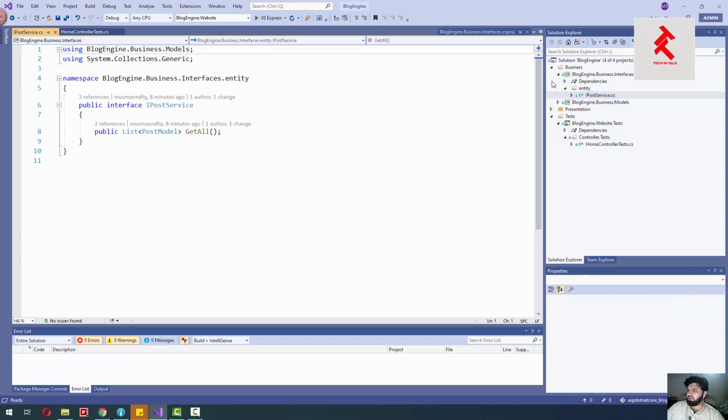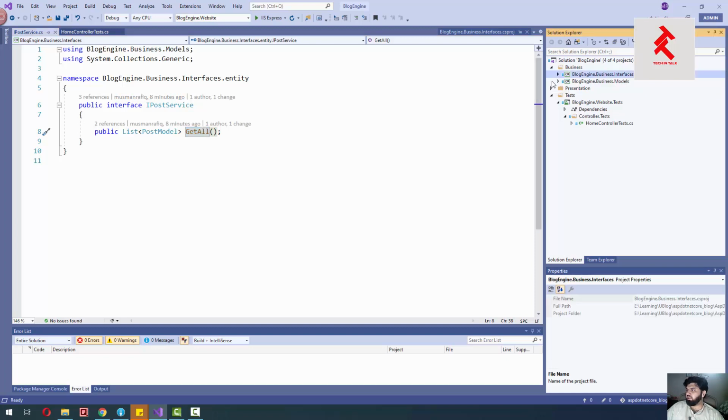This service currently has the definition of one method, which is GetAll, and it is supposed to return our post models by fetching them from the database. Currently there is no database and no implementation for this service. We have just created the interface, and we made our test pass.